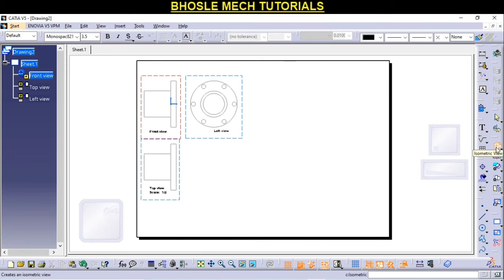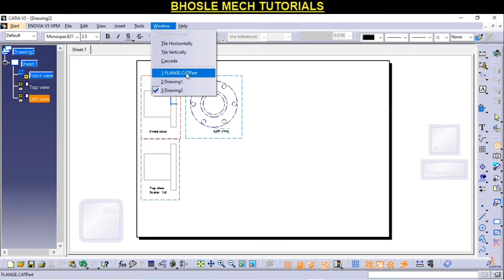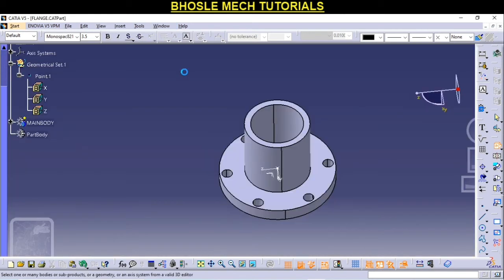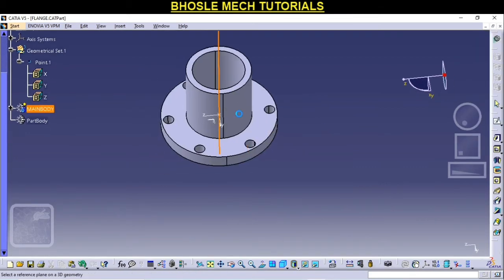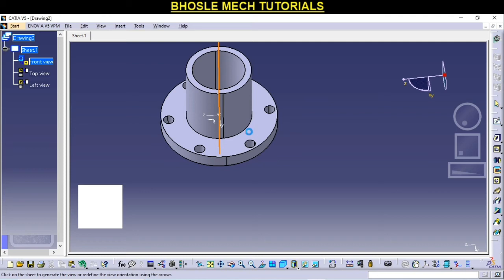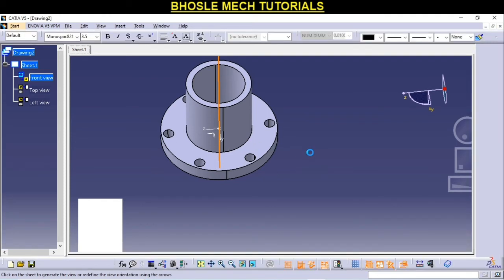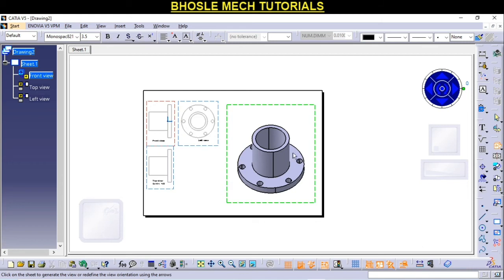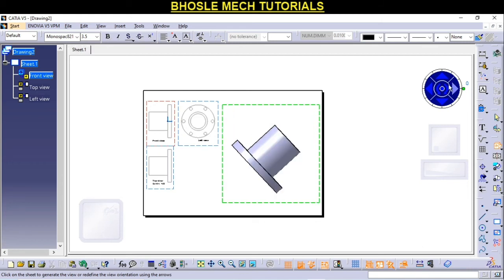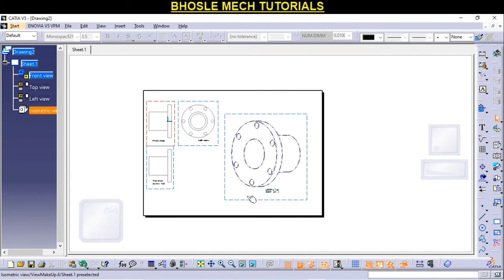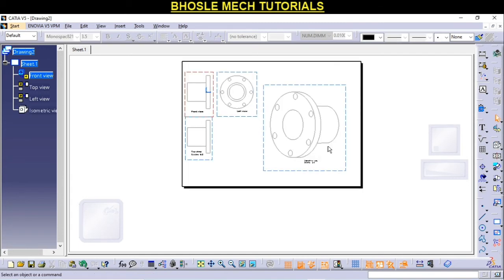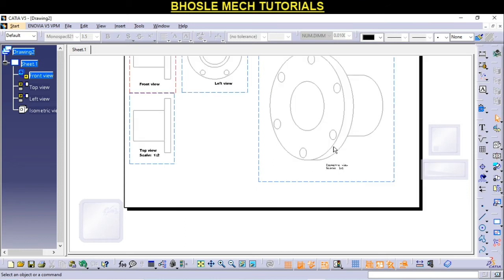If it turns orange, it means it's active, then go for Window, and here the flange part, just click on this part to open it, and click anywhere on this part. This will open here, and set it according to your requirement. See friends, here the complete view is visible, so I will fix it and click on this. See friends, like this we got the isometric view also.